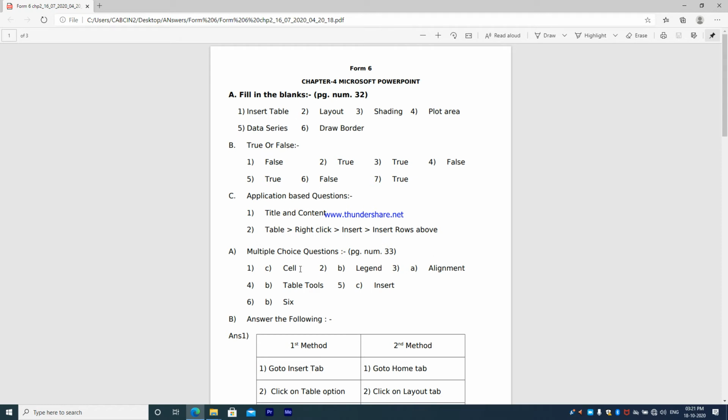Next, multiple choice question, page 33. Intersection of row and column is called cell, 1C. Second, legend depicts the pattern, color or the symbols which are assigned to the data series. Third,